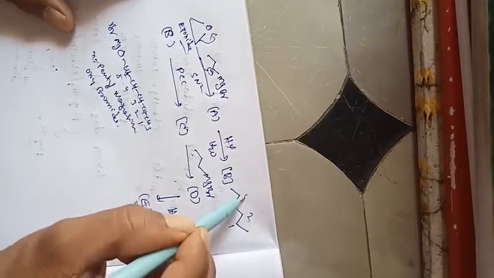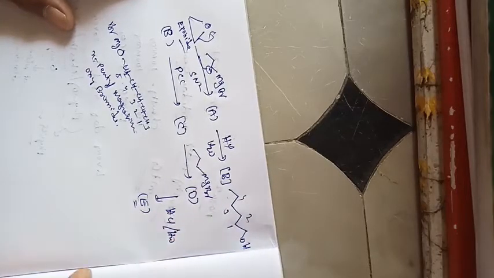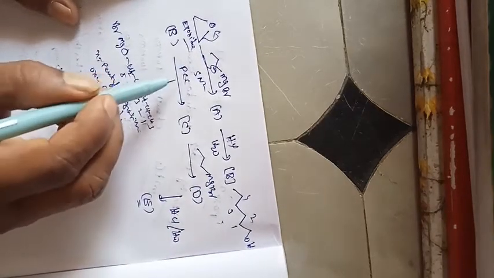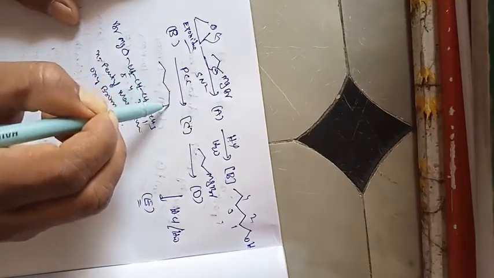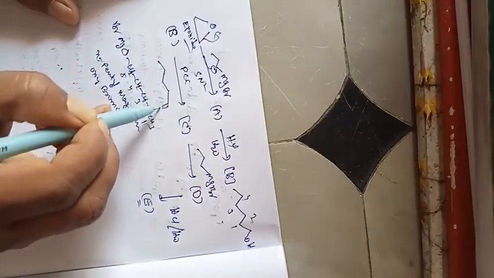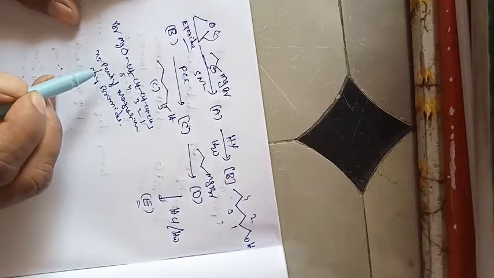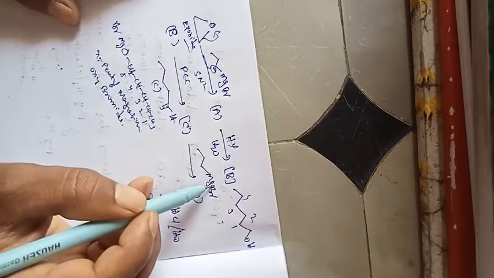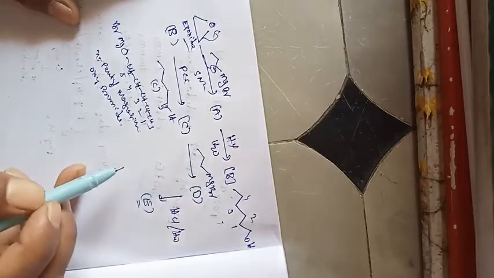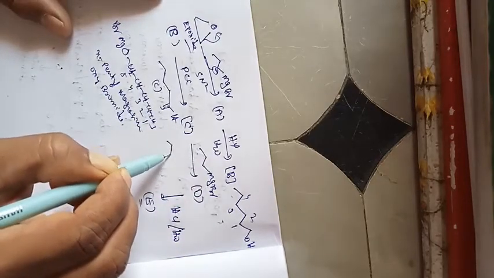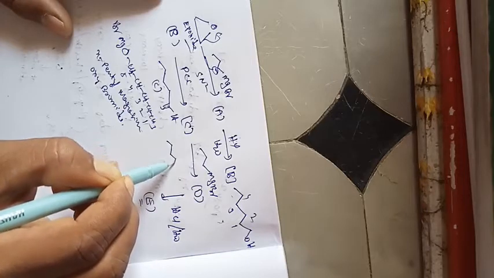1, 2, 3, 4, 5, right, pentyl alcohol. So this is the compound B, and compound B upon PCC oxidation, so pentanol, 1, 2, 3, 4, 5. So this is the C product, 1-pentanol. So 1-pentanol reaction with propyl magnesium bromide, so what will form? Compound D is the nucleophilic addition reaction.